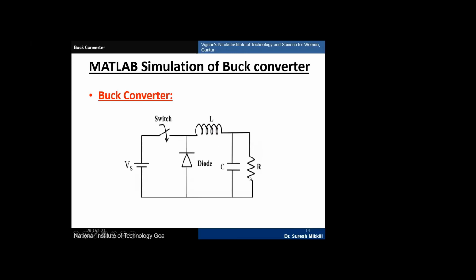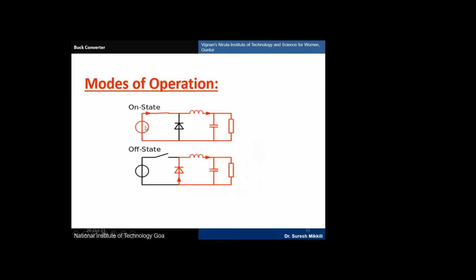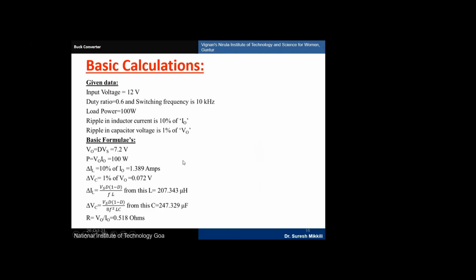There is a load of resistive loading. Okay, so voltage source is there. There is a switch. So the L and C is there. During on state condition, LC is there. During off state condition, here only the inductor will generate the energy, and through the capacitances, through the diode, it will be going.